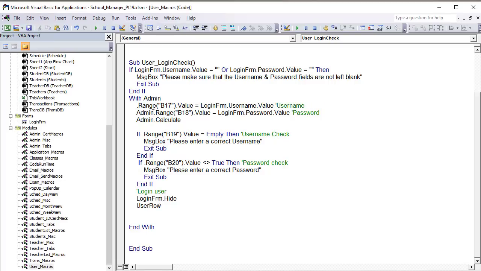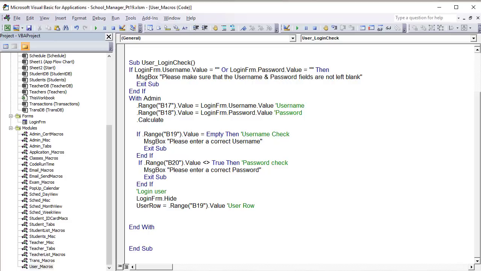We don't need this anymore. And we don't need this, but we already have it here. So it was really inconsistent. So .Range B19, this is with the admin. Now we're focused primarily on the admin. Okay, so the user row is going to be equal to B19. That's the user row. So that's very important because we're going to need to determine what rights that user has. Once we know that user row, what I want to do is set the current